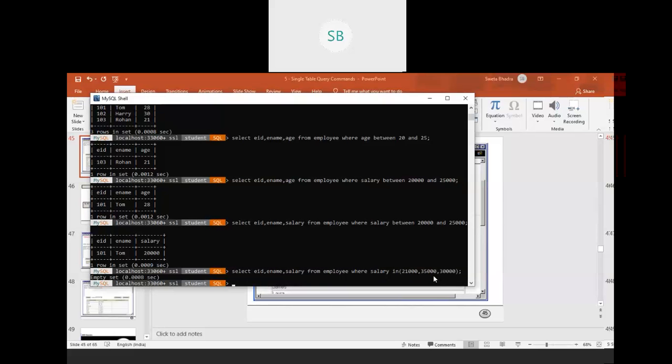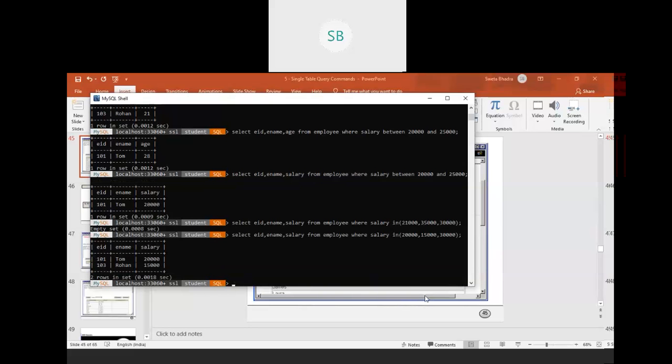So it is an empty set because we don't have anyone whose salary falls under 21,000 or 35,000. So let me add a salary that will fall. Let me change it to 40 and 15,000, and let me change it to 20,000. Now you see these salaries come for Tom and Rohan, EID and ename. Clear?